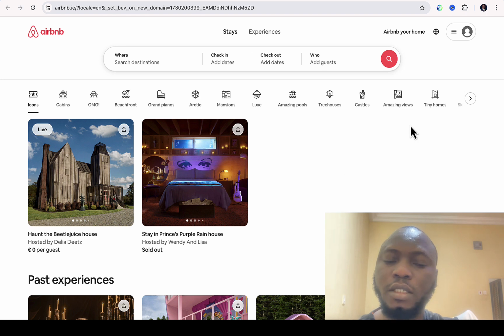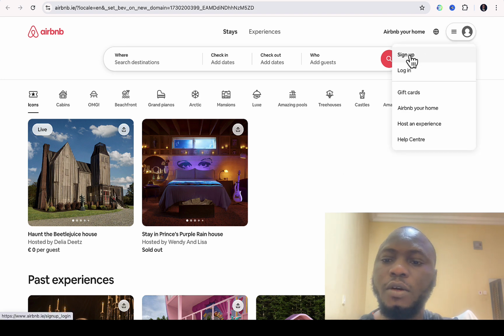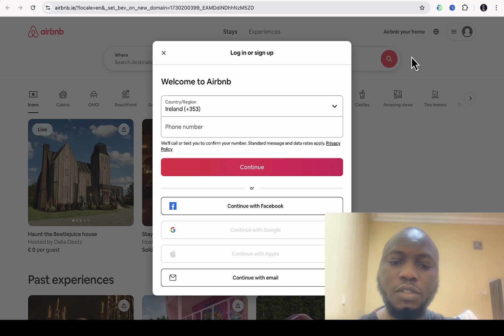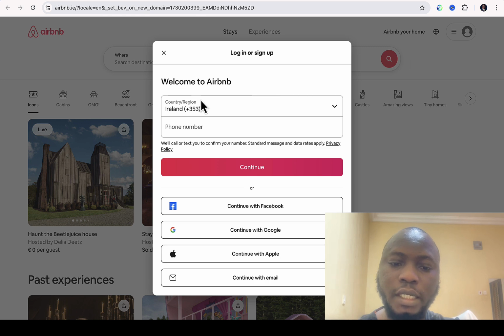Then you can proceed to the top right corner right here where you see sign up. And if you already have an account, then you don't have to sign up again. Just click on login. But I don't have an account with Airbnb before, so I'll be clicking on sign up. Then it takes you straight to this page right here where you can select your region and your phone number,